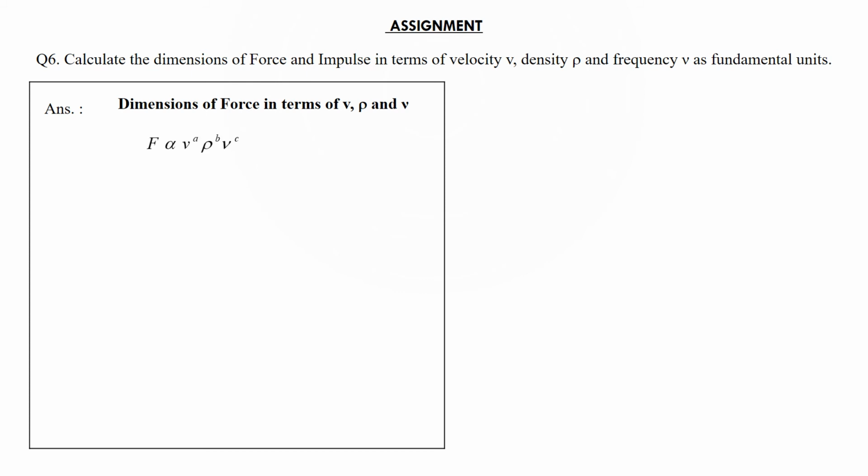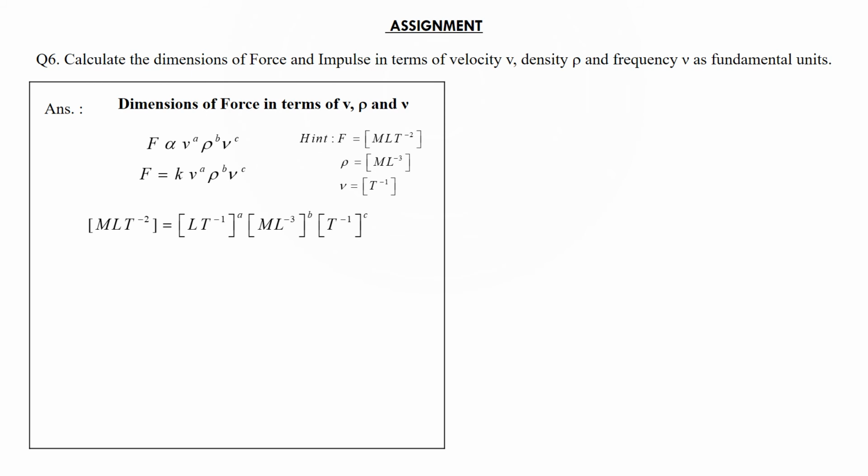So F is proportional to V to the power of A, rho to the power of B, and nu to the power of C. F equal to K, V to the power of A, rho to the power of B, nu to the power of C. These are the dimensions. We put the values of these dimensions and then we do the separation of M, L and T terms. On comparing both the sides, we can say that B is equal to 1, A minus 3B